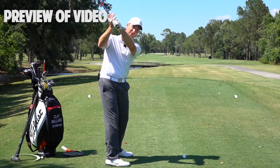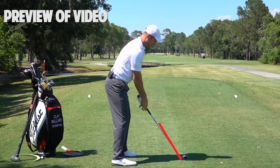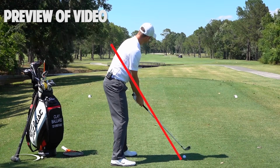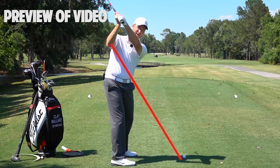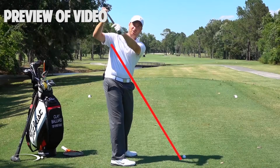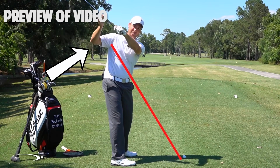So as we start this downswing, what we want to have happening here, you can imagine that if I draw a line from the hosel of my club up through my right elbow, that's my swing plane line, my elbow plane. As I go to the top of the swing, I'm going to be slightly above that. And then as I start down, I want my hands to start to shallow out. I want the club to shallow out inside of this elbow plane. And at the same time,